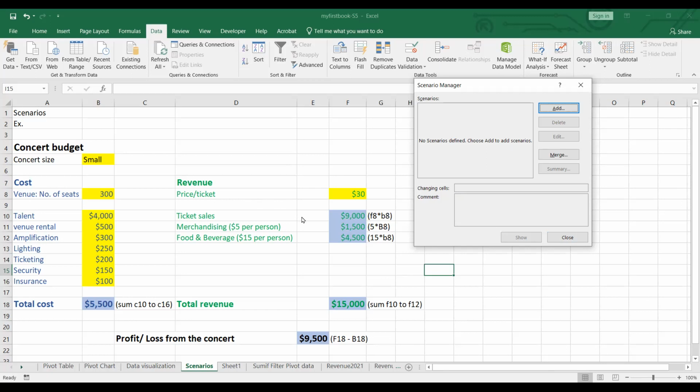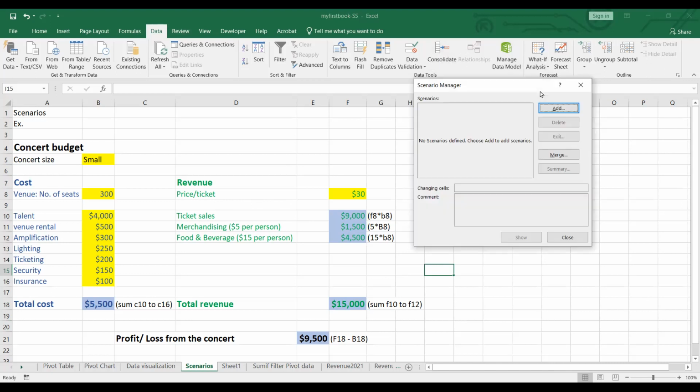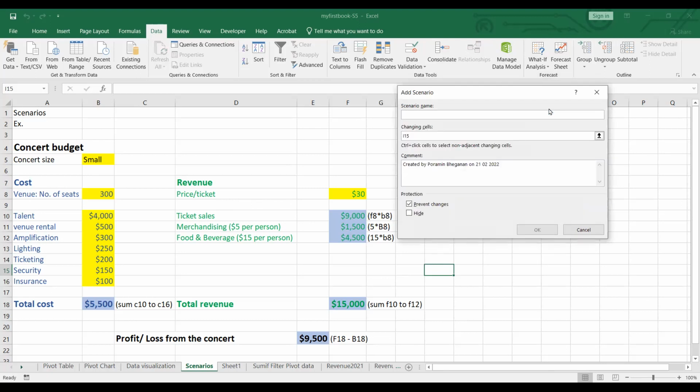Okay, everyone, we will create the first scenario together. The first one: after you click data, what-if analysis and scenario manager already, click add. It will ask you for the scenario name. If I name this one small concert,